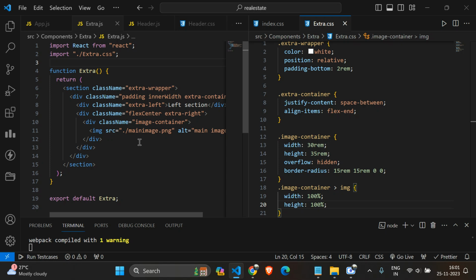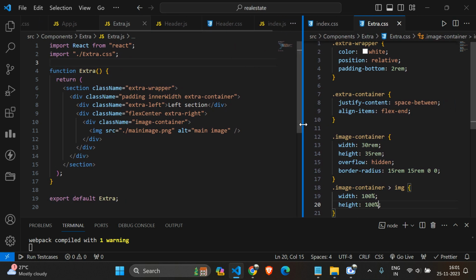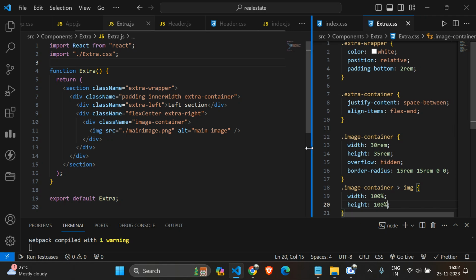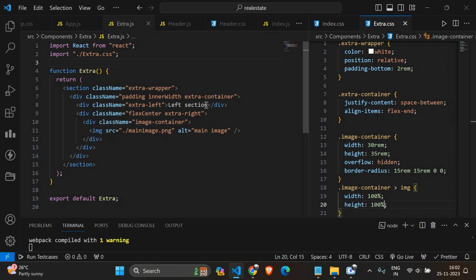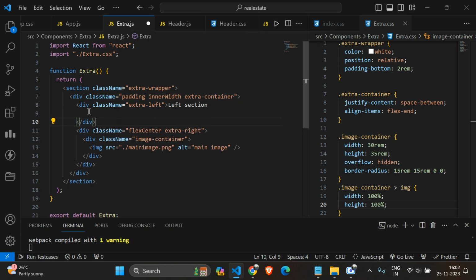We also need a title, right? We also need a title over here. So why I have added this left section and I have not written anything over here, right? So I will just make it small. Okay, I think that must be enough, because that is just the css. Yeah, that should work. Okay, so here, after showing this as the left section, what I want to do is, here